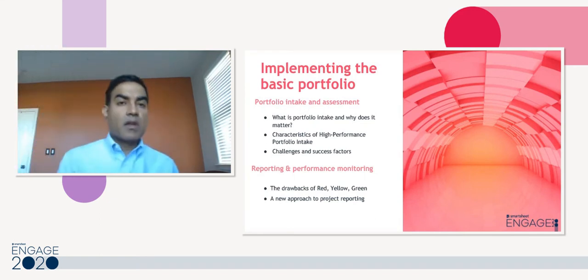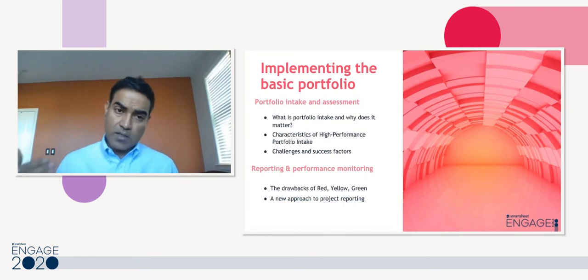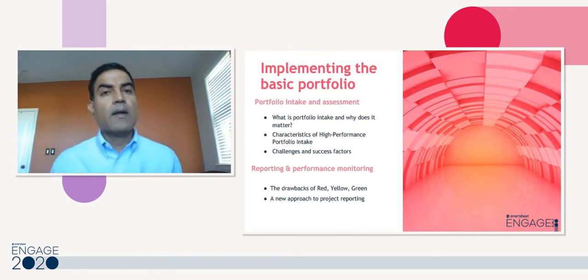And a good portfolio intake will also be backed up by effective governance. So when I submit a proposal, the right kind of eyes are looking at it and saying, okay, this project seems like it belongs in our portfolio and we have the money to do it and it has all the right information. Somebody should be looking at it. And